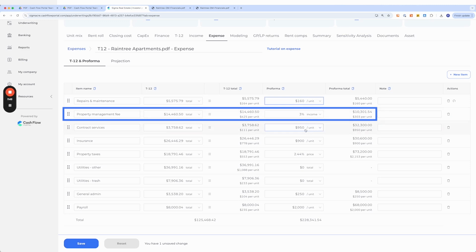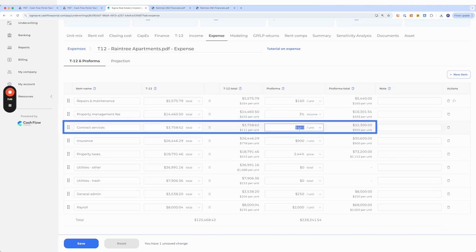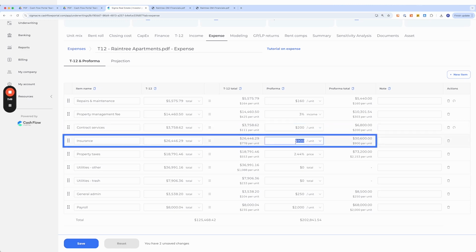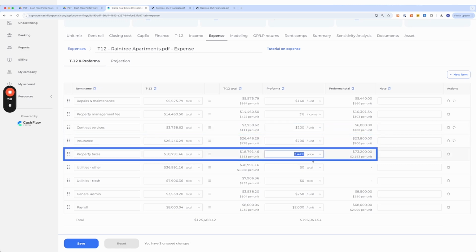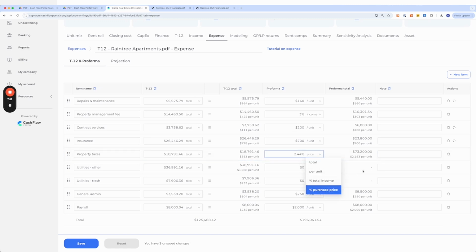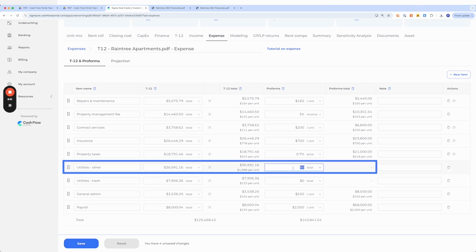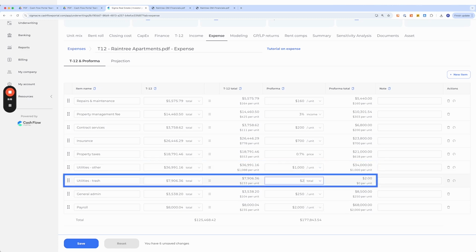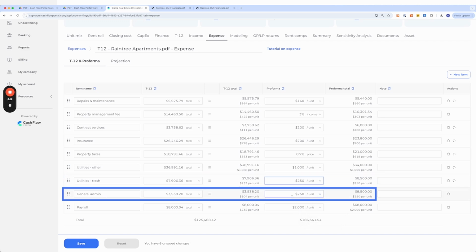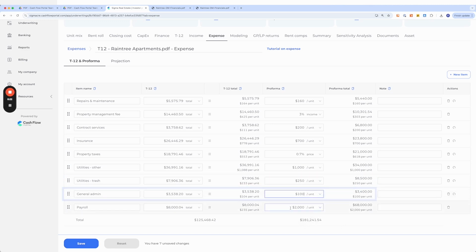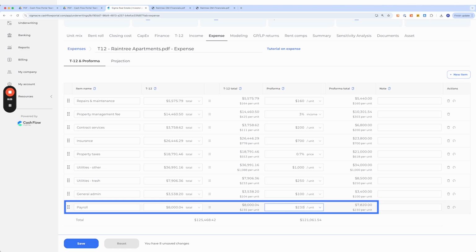Income is 3%. Sounds about right. This contract services, I have maybe it should be $200 per unit. Insurance is about $700. And then property tax, I use 2.44% of the purchase price, which came out to be a lot more expensive. This property is in the state of Washington, so 1% is more than enough. In fact, 0.5% of the purchase price is more than enough, maybe 0.7%. Utilities, I will do $1,000 per unit. That's fine, cool. And then trash is about $250 per unit. Okay, and then general admin maybe about $100 per unit, and then payroll in this case is much less expensive,